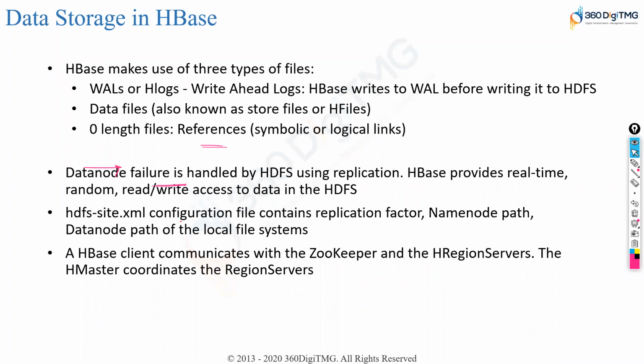And in HBase, these are the 3 different types of files that we have. We have already discussed the H file. This is also nothing but a data file. We have something called links, memory links, which basically map the data files with your memstores. Then we also have WALs. WAL is nothing but write ahead log.